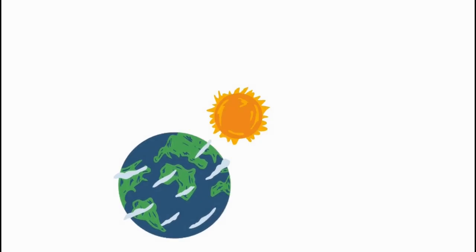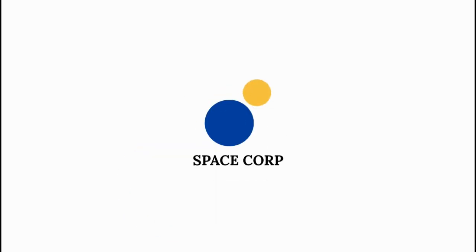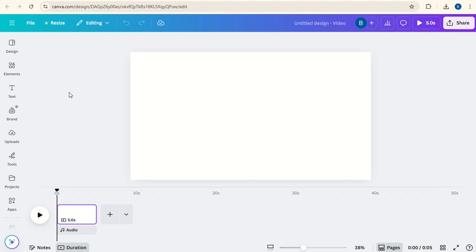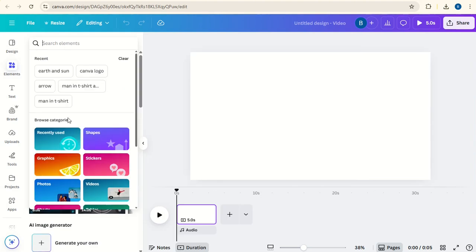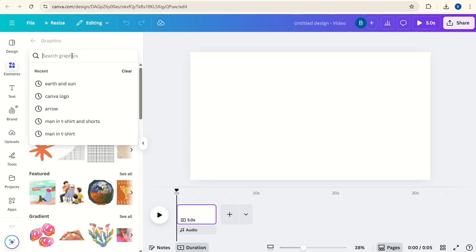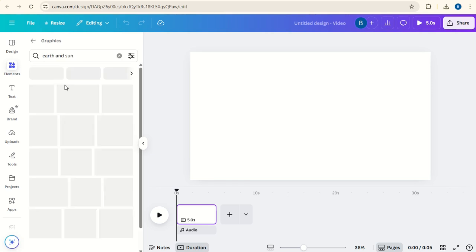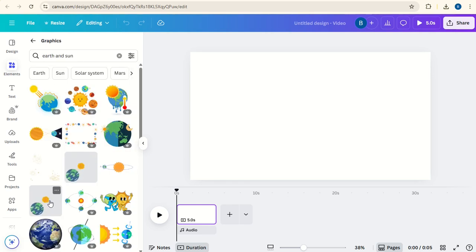Today I'm going to show you how to create a space-themed animated logo on Canva. So we're starting here with a basic video canvas. Down here the first slide is 5 seconds long, but I'm going to now choose an element, and under elements we're going to go to search and down to graphics. Then I'm going to type in earth and sun, and I'm going to choose this one down here,